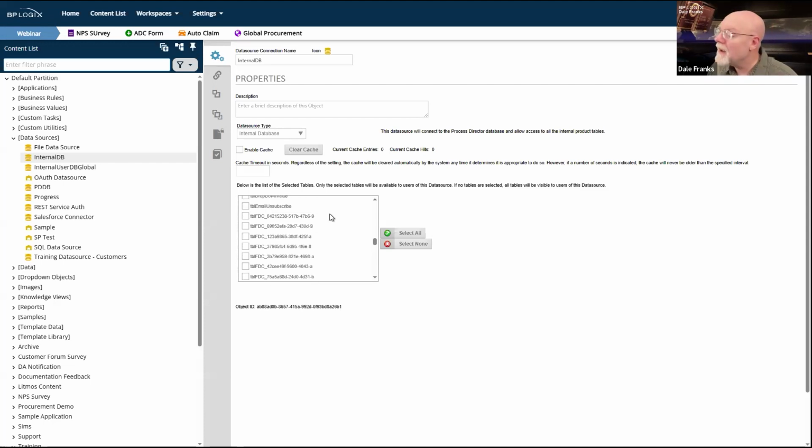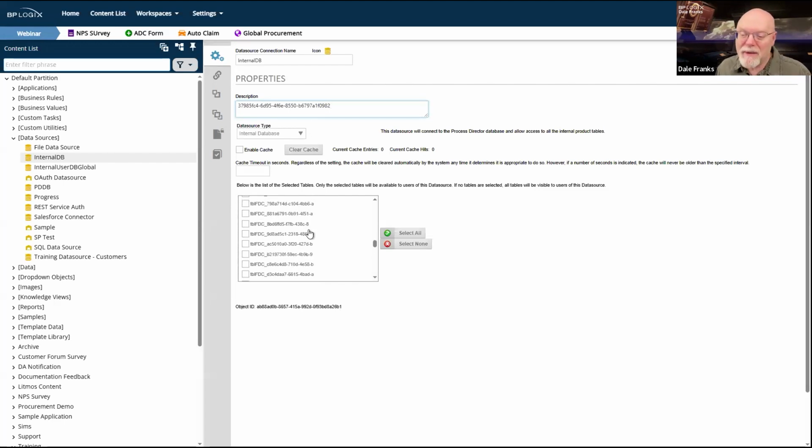Yeah, I can't find it. I'm trying to match the GUID that's on my form ID, let me just paste it in there, with one of my table FDCs. Fine, I'm just going to give up. I don't think I'm going to be able to do that.